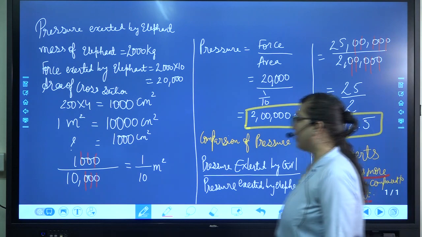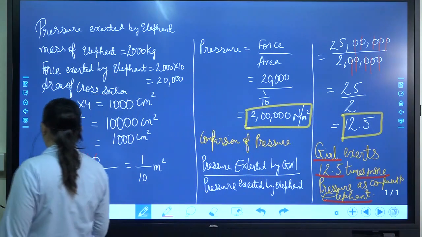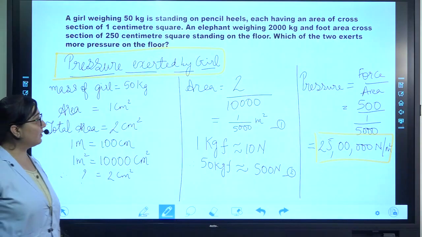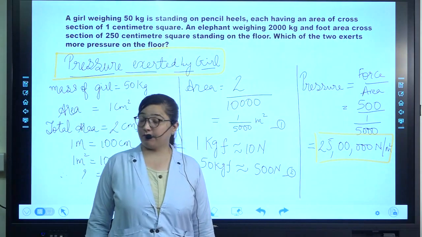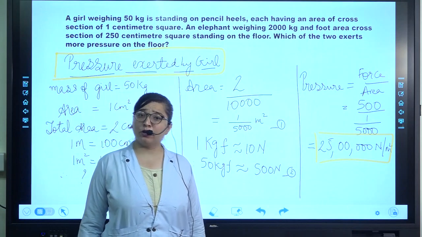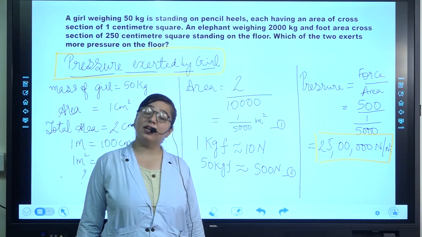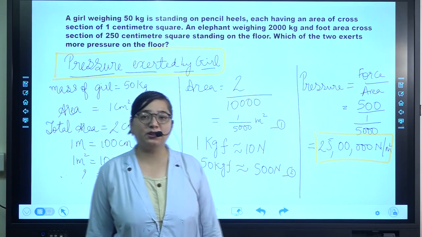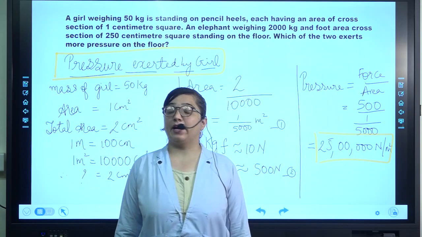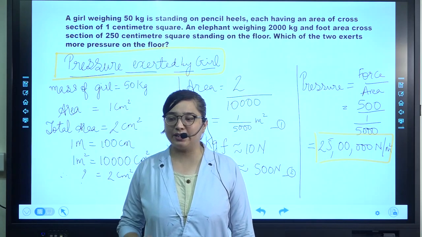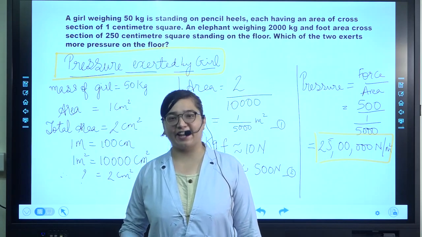I hope you have read the whole of the numerical. I am now going to teach you the whole numerical once again. Why am I teaching you a second time? You might be thinking it's because there are some more conversions given. So, in order to see that you don't face any problem, I am doing the same sum again.